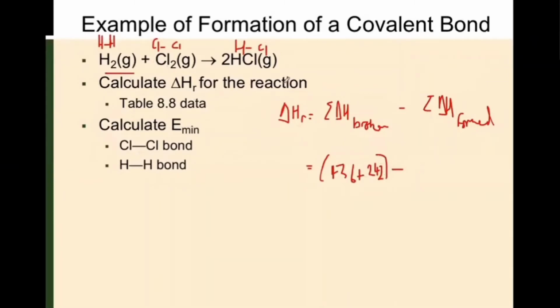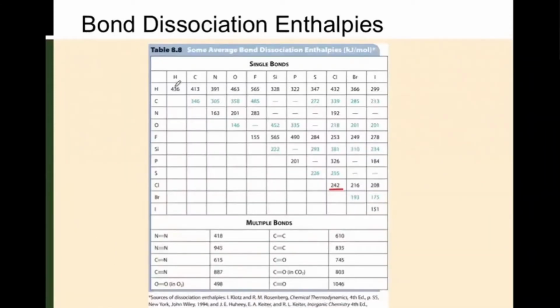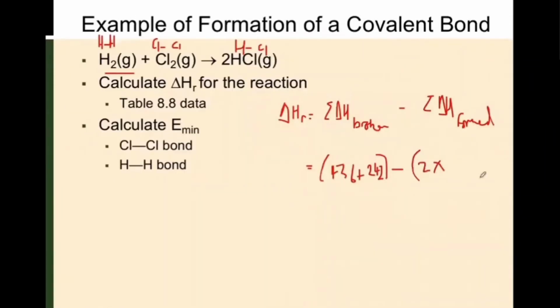Minus the bonds formed, which are going to be HCl bonds, but there are 2 of those, so it's going to be 2 times whatever that value is. So 2 times HCl, 432. We then put that into our calculator and we get a value for delta HR. So it's 436 plus 242 minus 2 times 432 is equal to minus 186